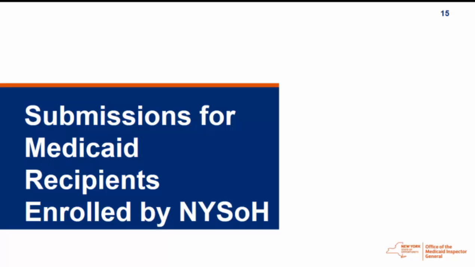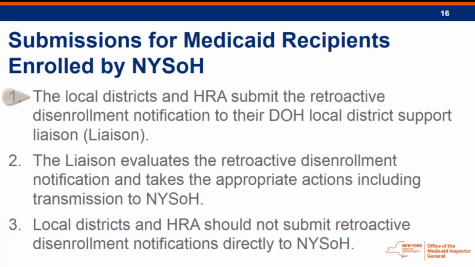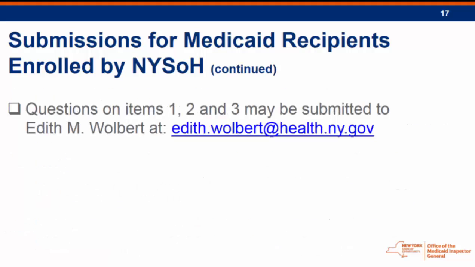Submissions for Medicaid recipients enrolled by New York State of Health. Submissions to New York State of Health are somewhat different, and the following slides will define the procedure. The local districts and HRA submit the retroactive disenrollment notification to their Department of Health Local District Support Liaison. The liaison evaluates the retroactive disenrollment notification and takes the appropriate actions, including transmission to New York State of Health. Local districts and HRA should not submit retroactive disenrollment notifications directly to New York State of Health. Questions related to the previous slide may be submitted to